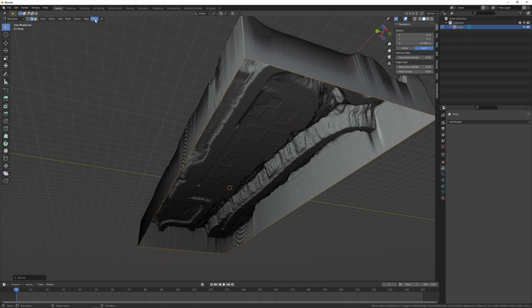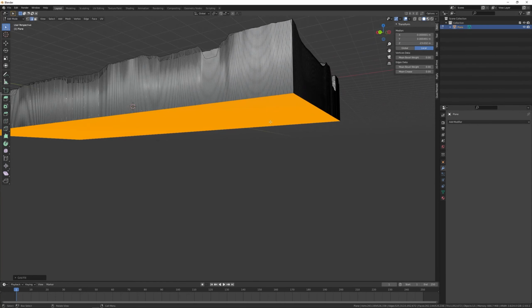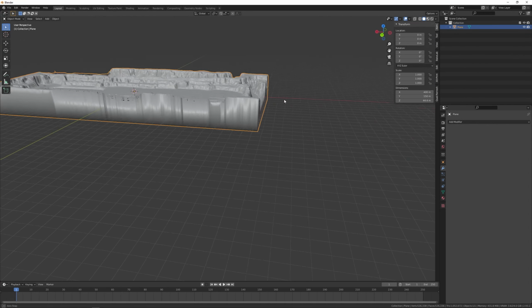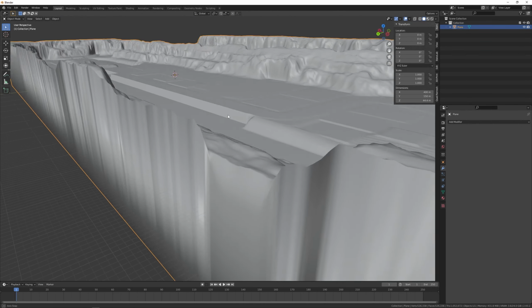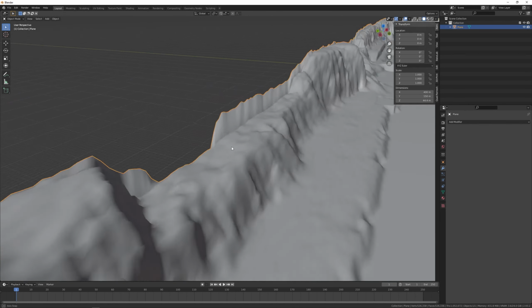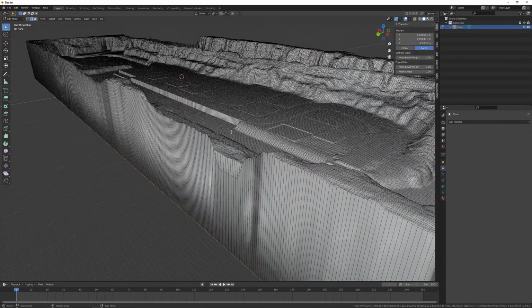What I do, I go to face up here, and I do a grid fill, filling that area between that hole in the boundary nicely with a nice grid. Okay. Now you can see that we have some like ugly edges here. See if we can smooth that out.